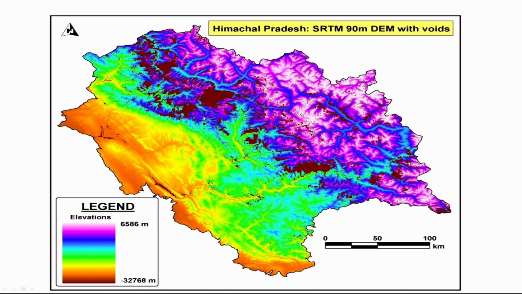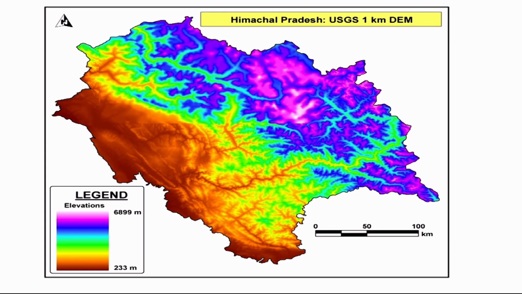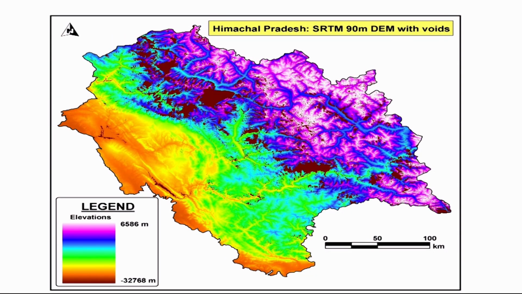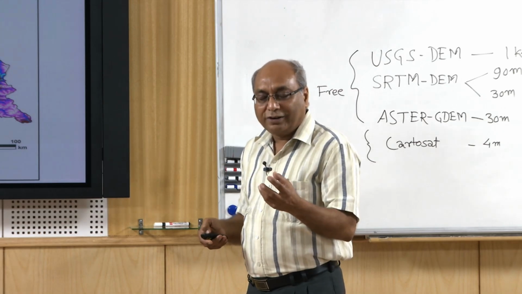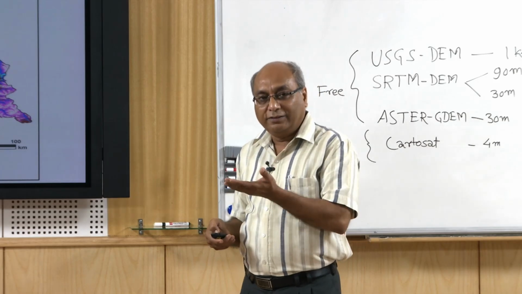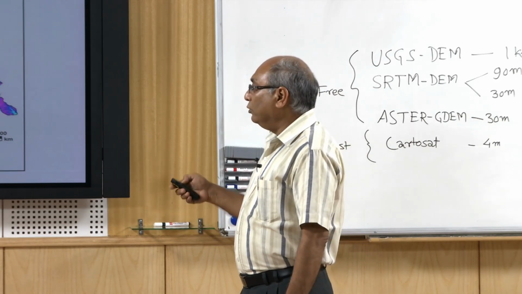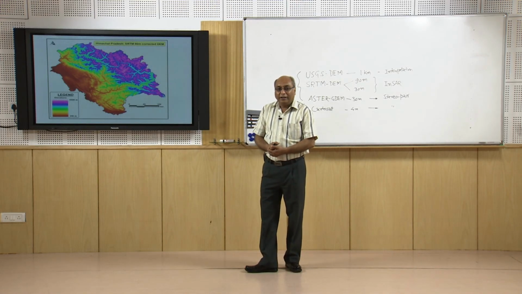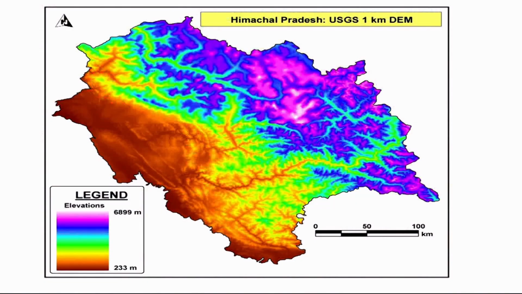So one way which became popular is filling these voids or replacing these no data values using a coarser resolution digital elevation model like USGS DEM. So if you overlay both of these and treat voids as blank areas and read the values below from a coarser resolution DEM and take that value against these voids, then you end up with a digital elevation model which is now void free at 90 meter resolution, except the places where the voids might be at 1